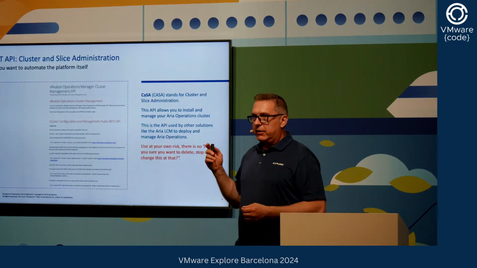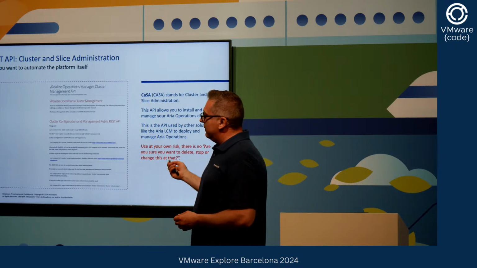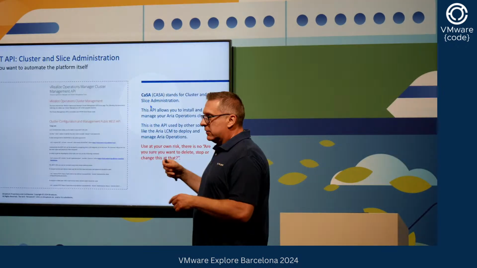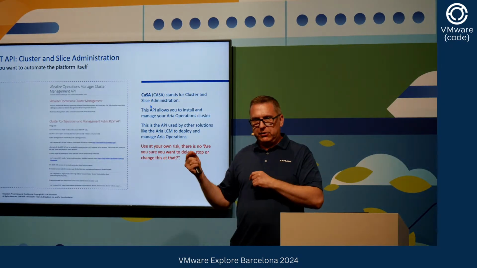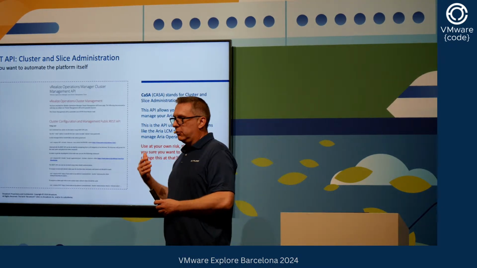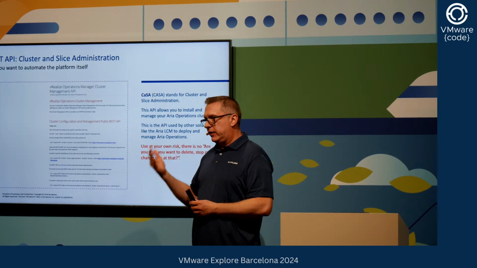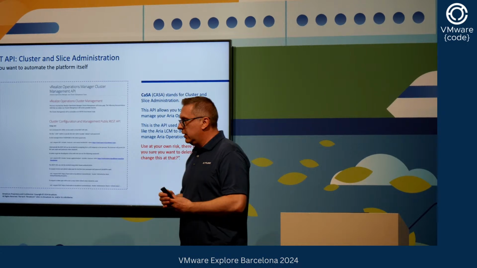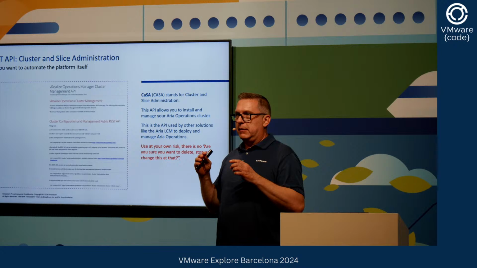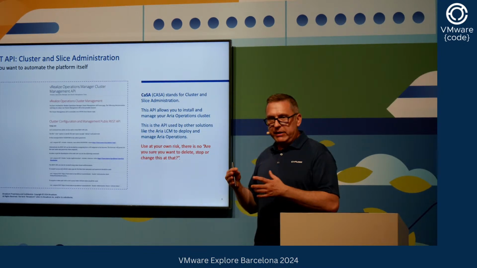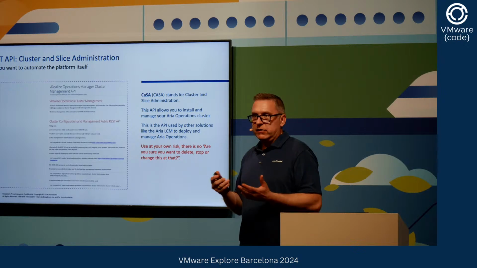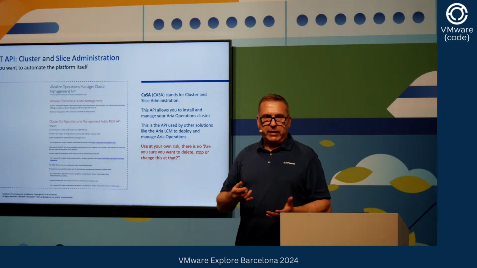And there is a third API we have, that's probably the least known API, it's the CASA API. So the previous ones, the public and the internal Suite API, are really to use the product. To retrieve metrics, to push metrics, to create adapter instances, etc., etc. The CASA REST API is to manage the platform itself. So if you need to restart a node, or you need to retrieve information about what's the status of a cluster, is it online, is it offline,